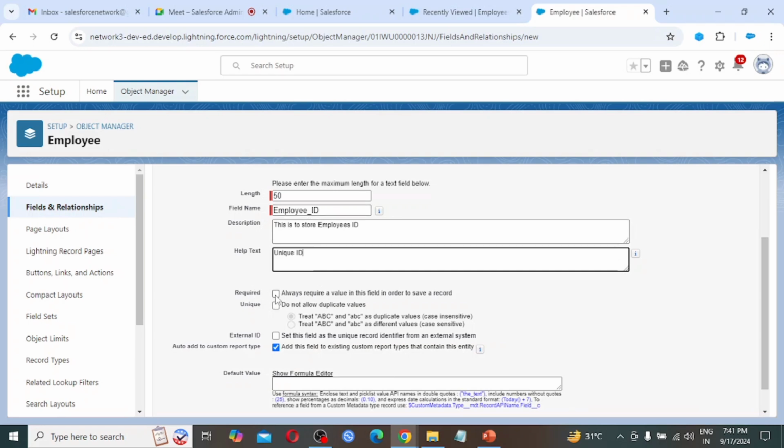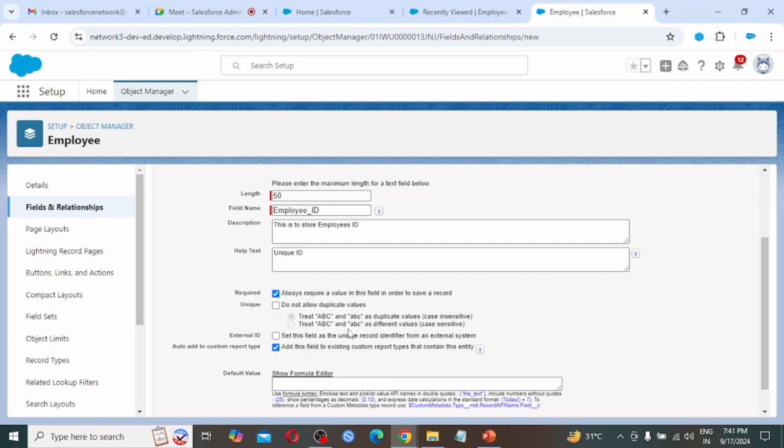For any organization it is compulsory. Do not allow duplicate values: treat ABC and abc, capital and small, as duplicate values. That is case insensitive.